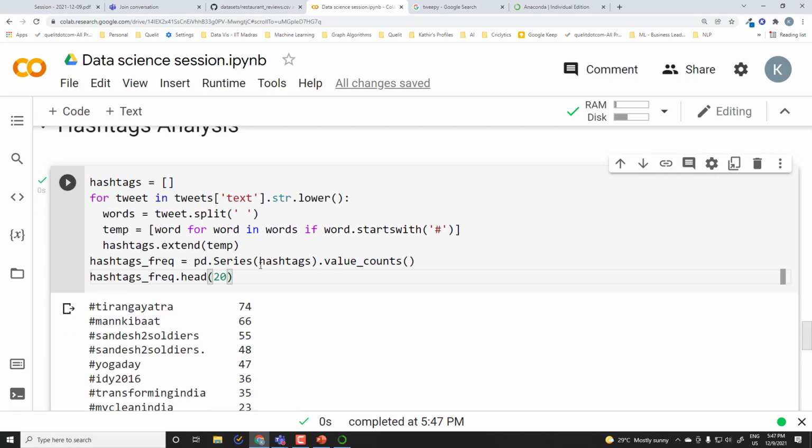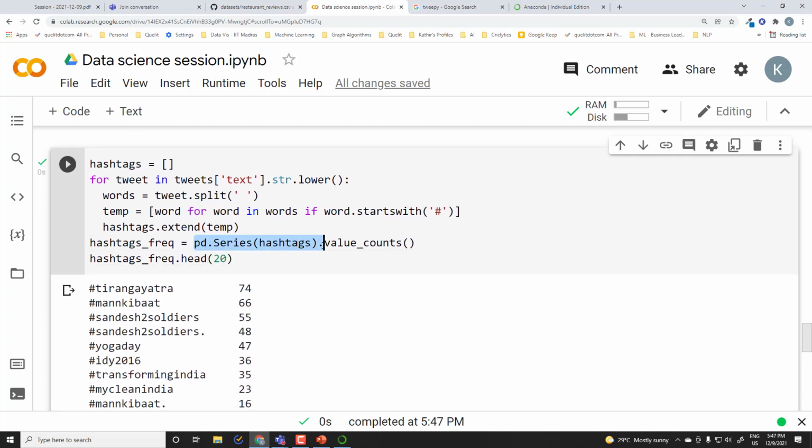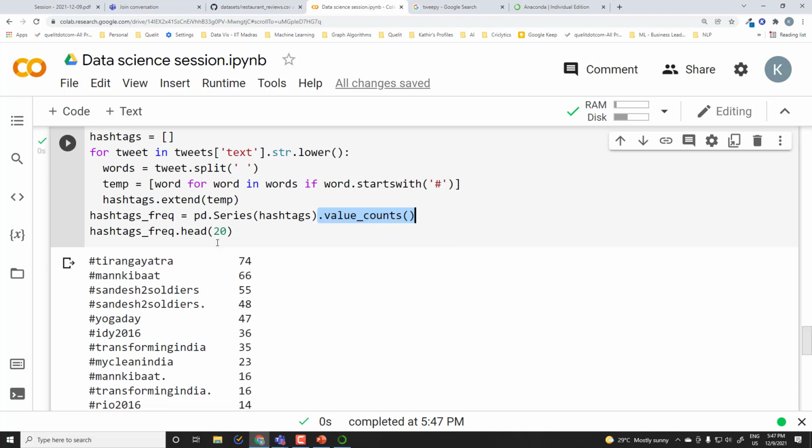So I'm converting it into a series and doing a frequency analysis on each hashtag. We have extracted the hashtags till here, but we don't have the frequency, so that part we are doing here. Dot value counts is a function in pandas which will compute the frequency for each category, or each unique value, that we have, and then list down the top ones.